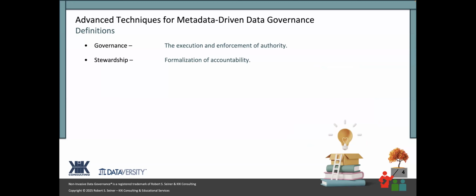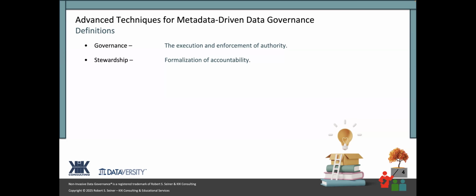If you've been attending this webinar series for some time, my definitions keep getting shorter and shorter. The definition of data governance that I use is that it is the execution and enforcement of authority over the management of data and data-related assets. I've stripped off the end of it because I really think that governance itself, as a definition, is the execution and enforcement of authority. It doesn't say that it has to be command and control, top down, non-invasive. It just means that at the end of the day, we need to execute and enforce authority over that which we are governing.